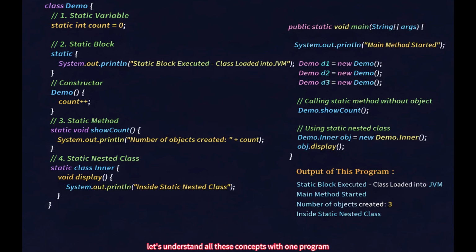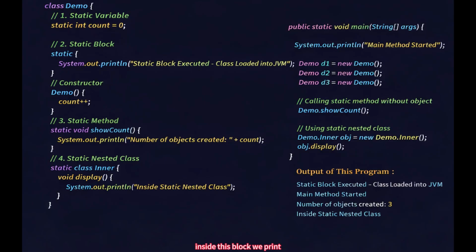Let's understand all these concepts with one program. We have a class named demo which has a static variable named count. So we write static int count is equal to 0 and initialize it with value 0. Now we have a static block. First we write the static keyword, then curly brackets.